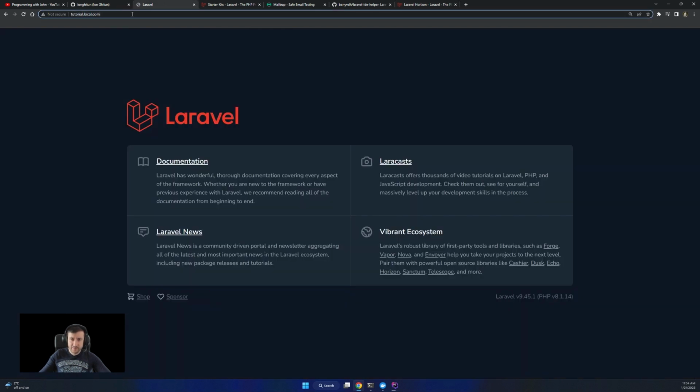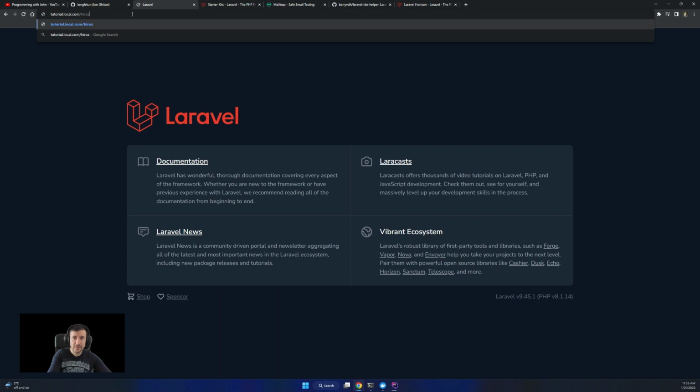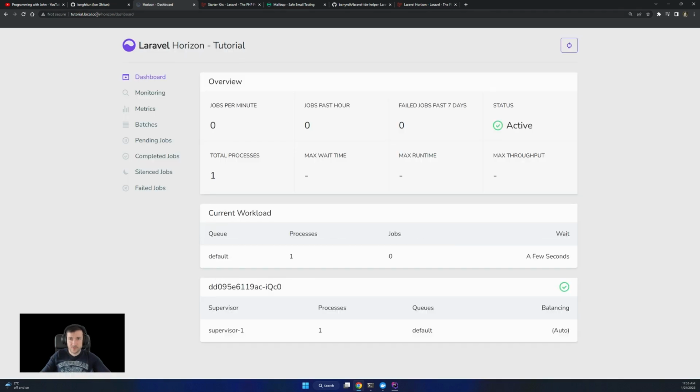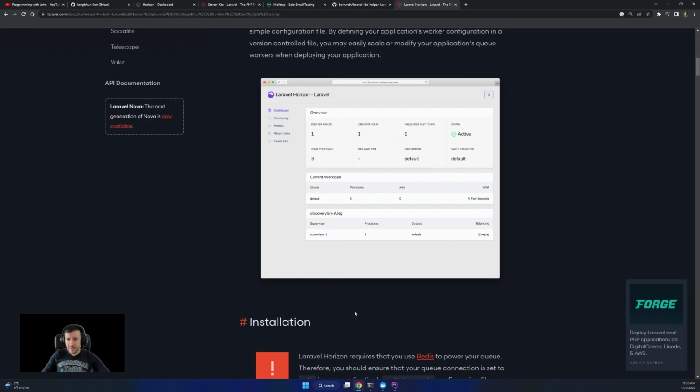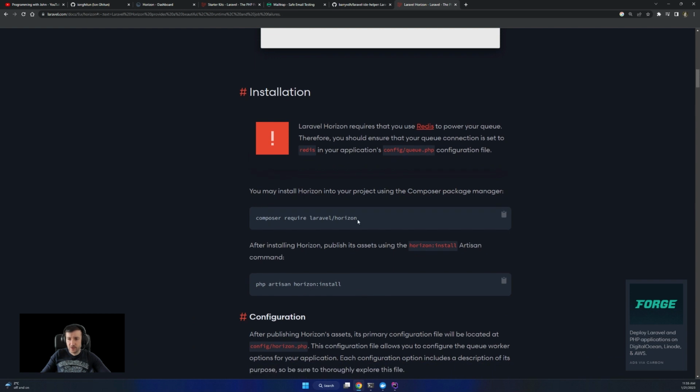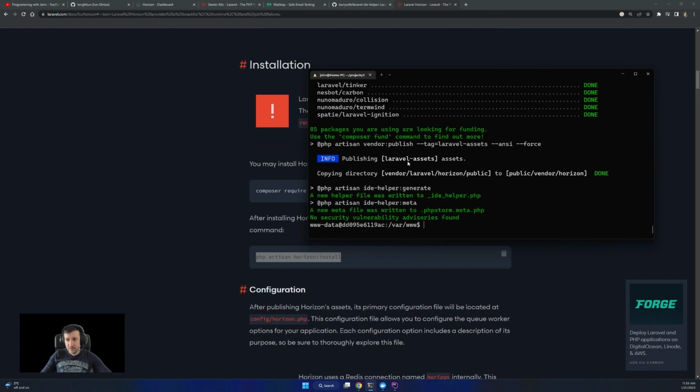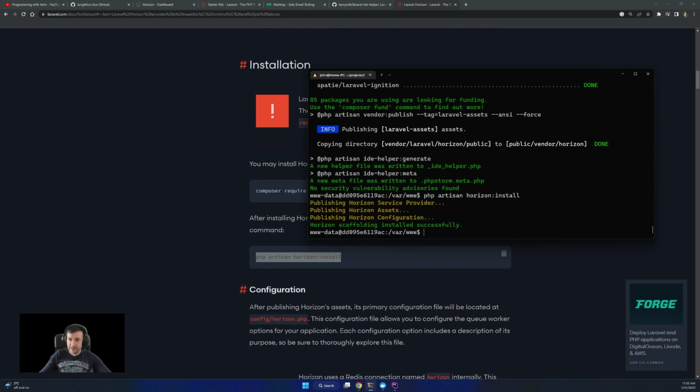If I go to Horizon in here, we're going to see in a second how to protect this so it's accessible only for some users. We have this dashboard for queue management. On the installation, we have composer require Horizon and the install command, just ensuring everything is installed.